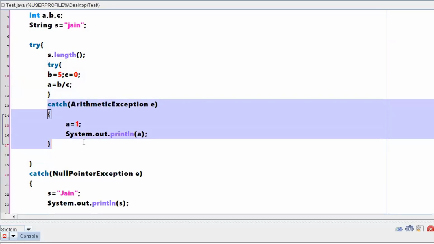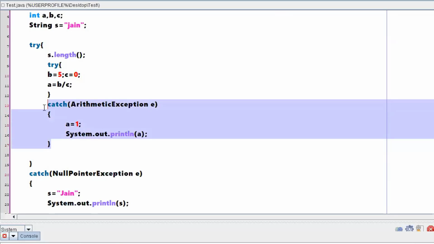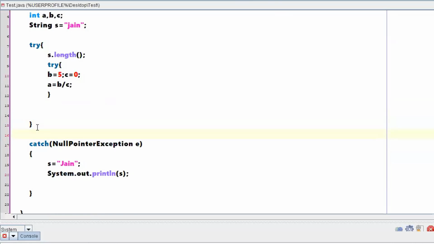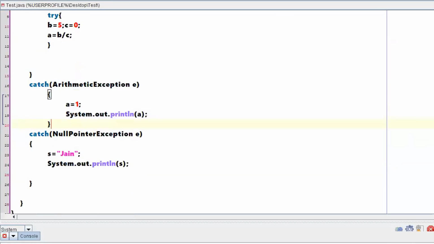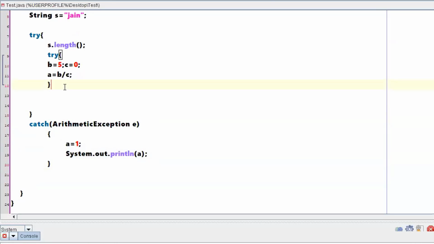Now can I shuffle these two catch blocks? Shall we shuffle these two catch blocks? If we shuffle, will it work fine or will it throw you an error? Error. Okay, so let us just shuffle these two catch blocks and cross check what error we might get, right? So what I will do is, for the outer try I will write arithmetic exception, and for the inner try block, I will make